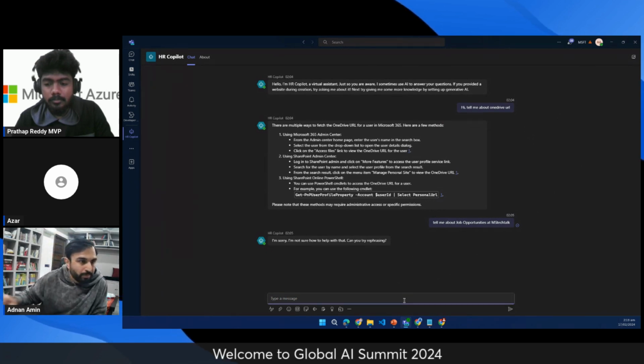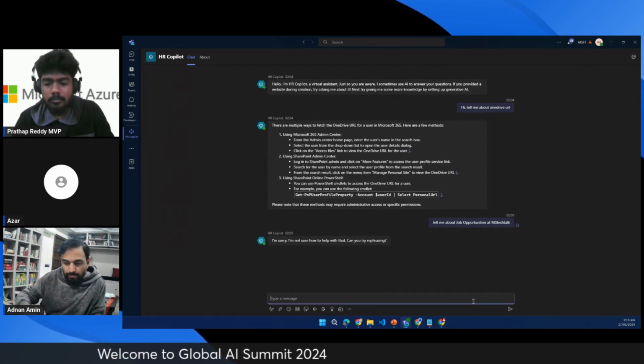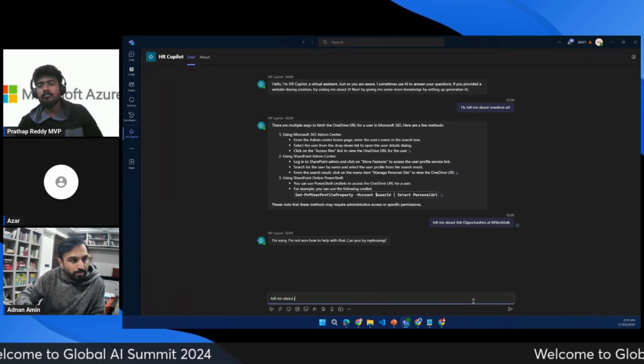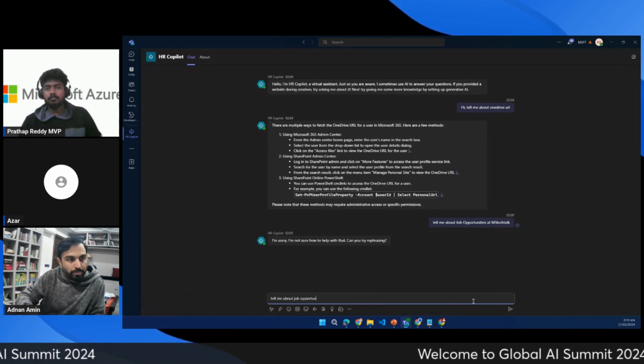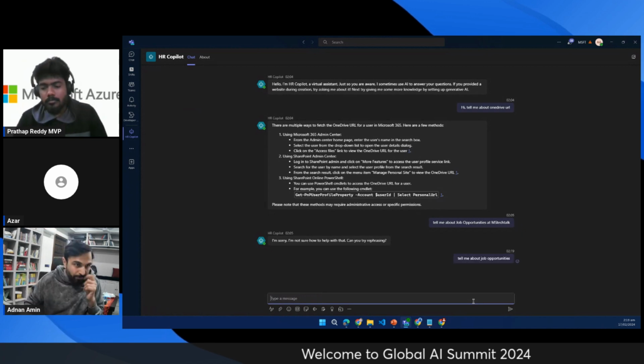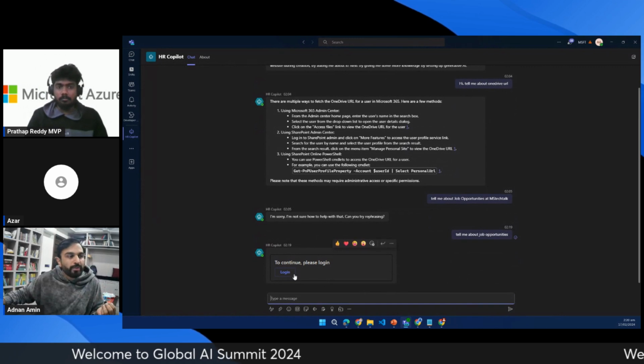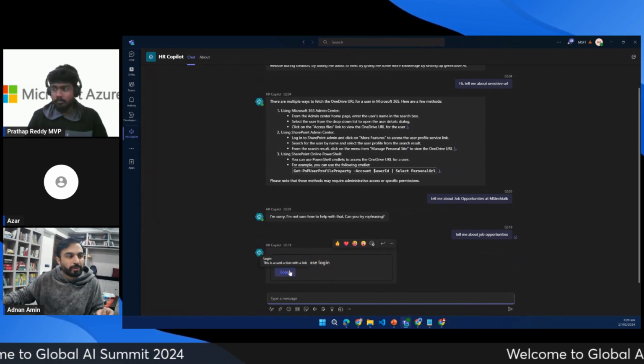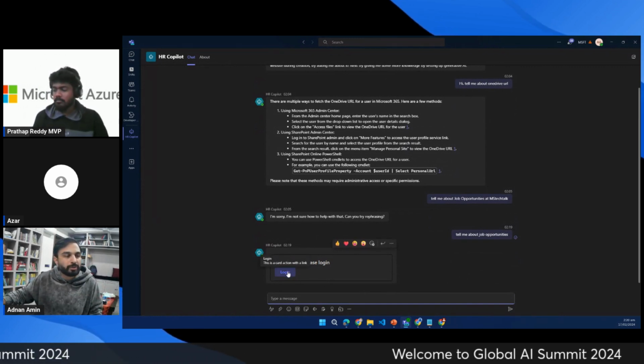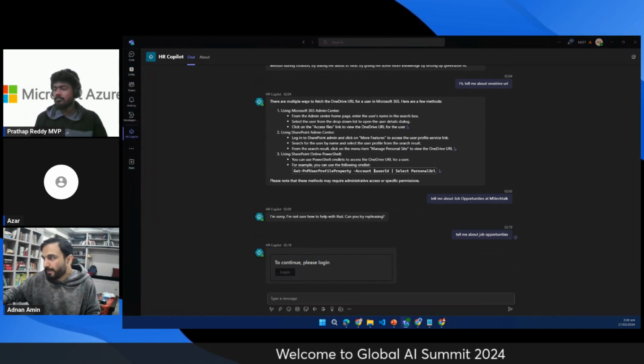So, let's see if it fetched information here. It asked me to log in to verify that I am a logged in user. This option was not shown up there due to some reason. And